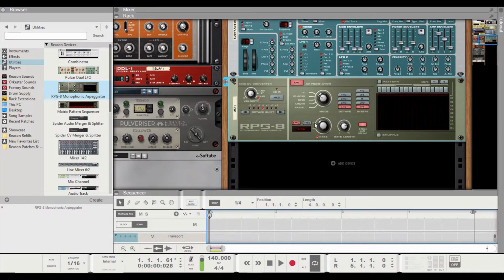I kind of like a triplet. So this rate here, if we turn that down to 1/8 triplets, and we'll have this covering 2 octaves, so it sweeps up and down, and I kind of like them to be running down. So now when we press play, you'll hear